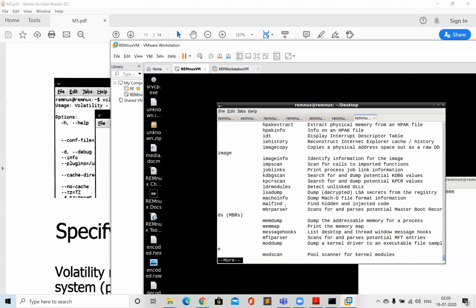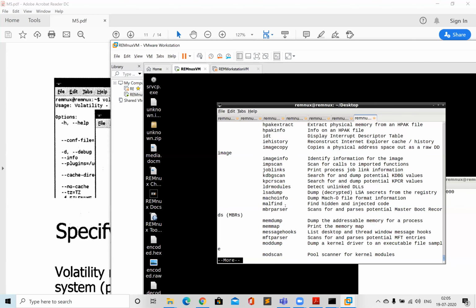There might be a scenario where that process is running in a hidden mode and is fooling the Task Manager. Even we couldn't find it in Process Hacker as well. Yes, you can't find that in Process Hacker, but you can find it using the RAM memory. So that's the benefit.